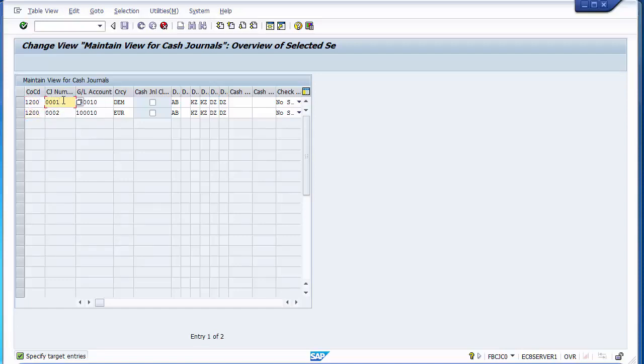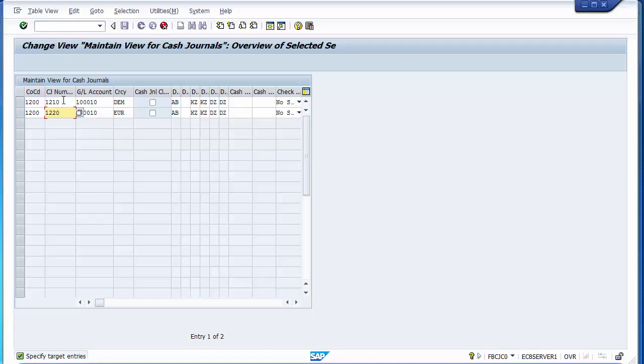The second thing I would be doing is the CJ number. What I will be putting the CJ number as, let's take one as 1210 and another as 1220. Assuming that these are two different branches or two different plants where there are two different petty cashiers and they are maintaining the petty cash with that particular branch, but these CJ numbers have been defined so that those petty